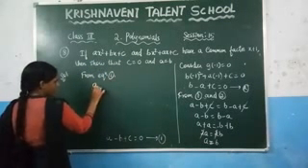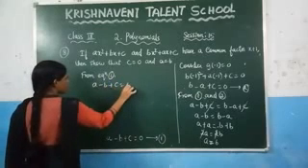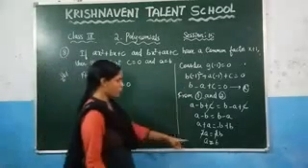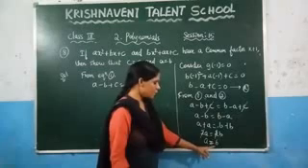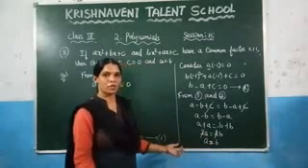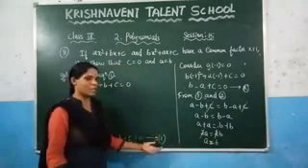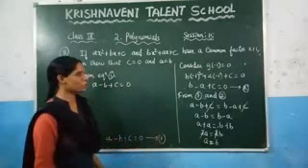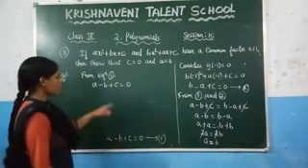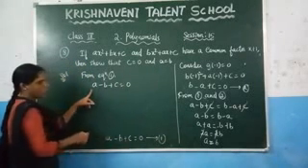What is the equation 1? A minus b plus c is equal to 0. Here we got it here a is equal to b. That means a and b both are same. So in place of a you can substitute b, or in place of b you can substitute a. Anything you can do it here. But here what we need to do here, in place of a substitute b.